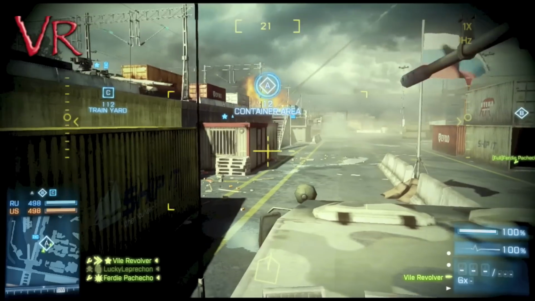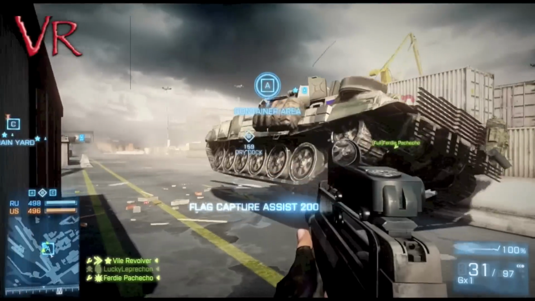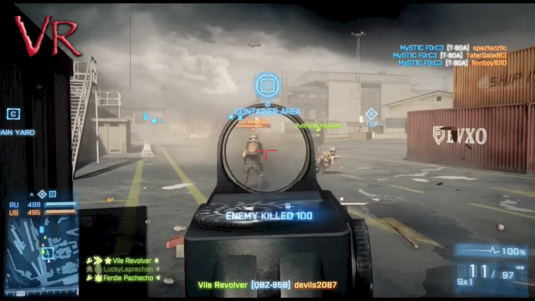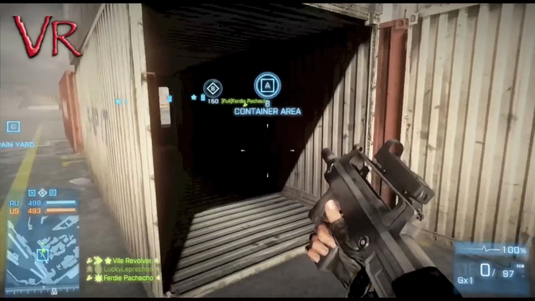One engineer geared toward anti-air and one geared toward anti-armor. I usually prefer to run the armor one, but I can do the anti-air. On this one, I'm running the anti-armor, and that entails the RPG and mines. What I like to do is